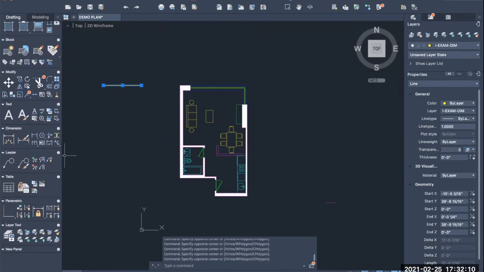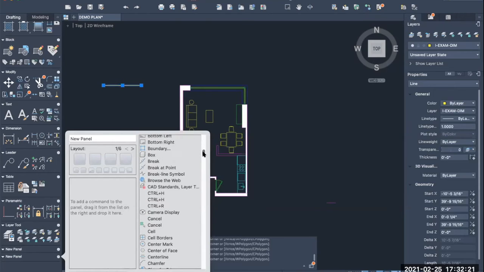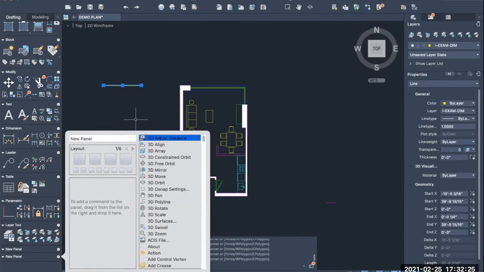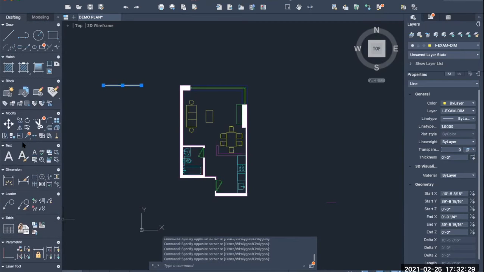You can also add one and add more. You can customize what kind of panel you want to bring in. So you can scroll up and down. So compared to the PC version,